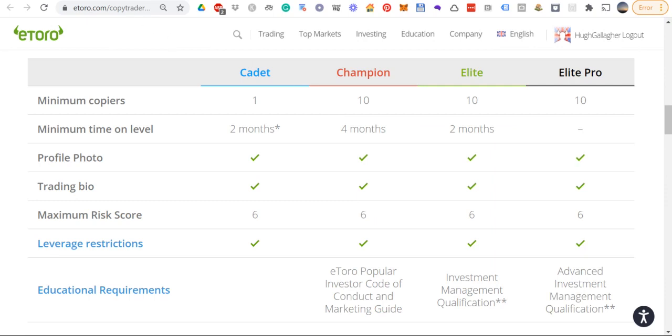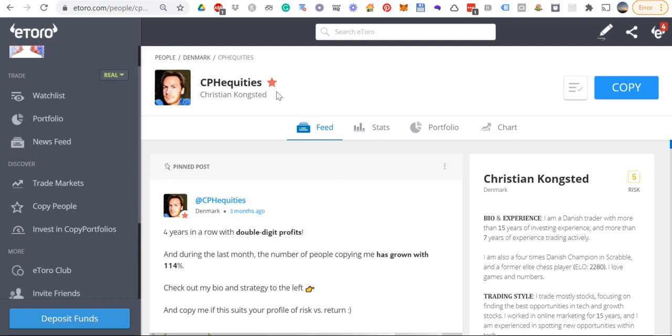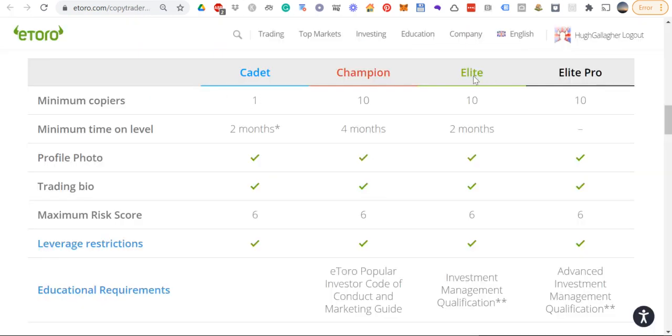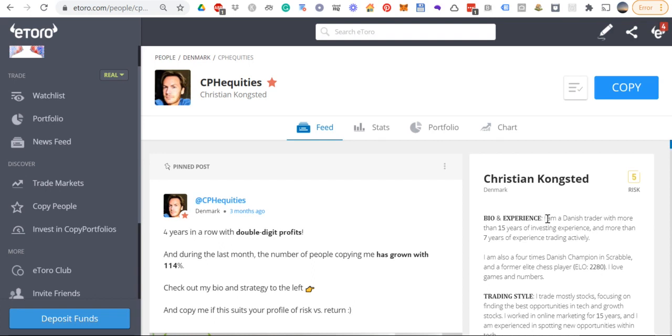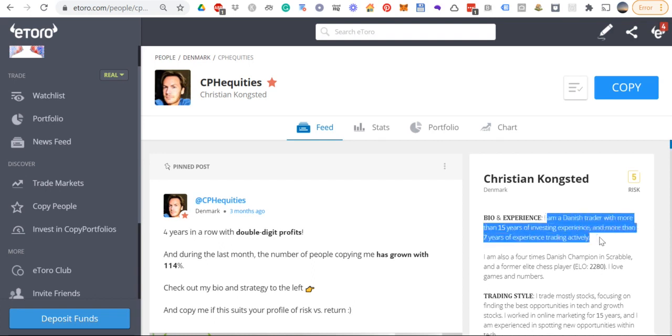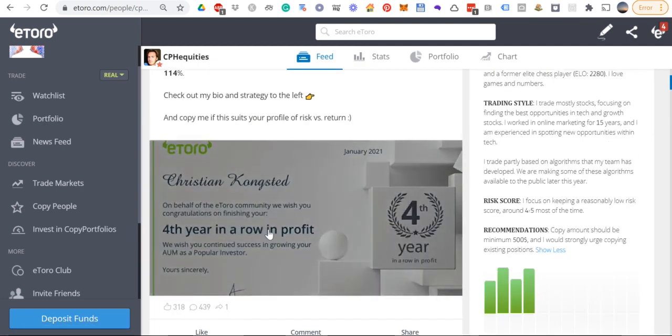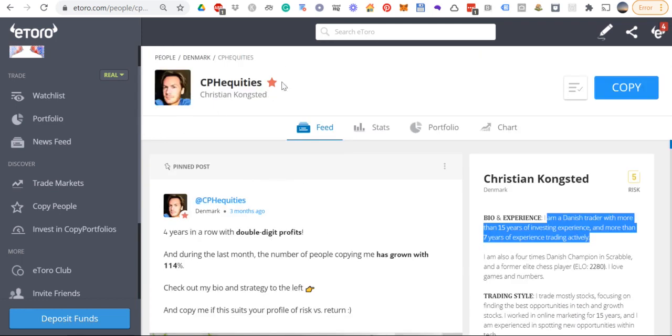Again, that'd be enough for me. I'm looking at return there. I'm not dismissing this guy because he's not an elite or elite pro. I mean, he said he's a trader. It's probably true. You could probably do more due diligence, check him out online. So yeah, they're the kind of things that you want to think about. That's what you want to check on the